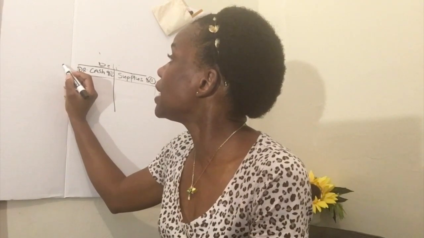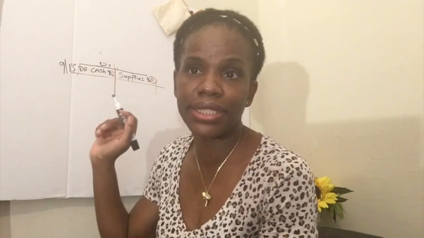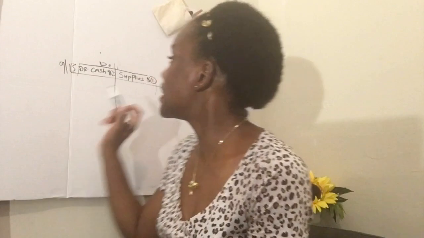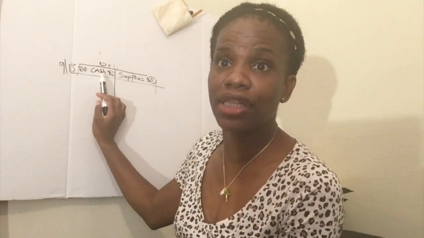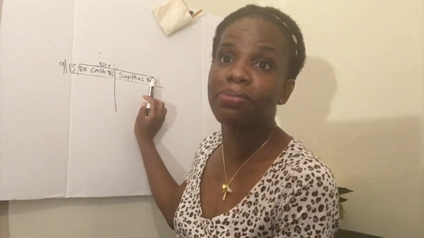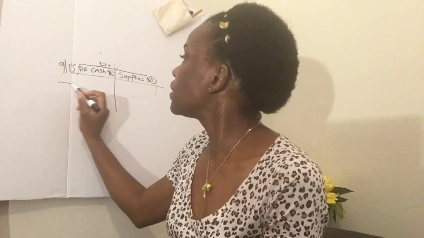So let's say it was September 13th, right? And we know it's the year, so we put September 13th, and this can tell us that we had an increase in cash by $1, and it's because our supplies went down by $1. All right, so let's try another example, right? So we're starting really simply because I want you to get the concept of what it is.